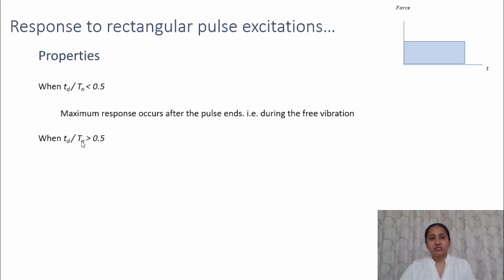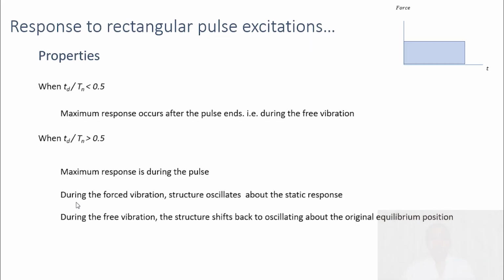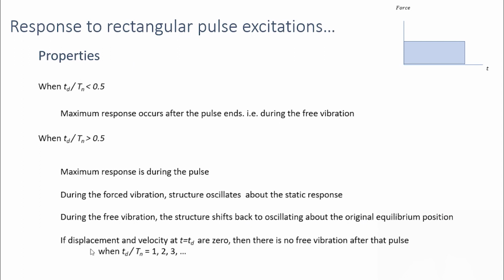And when Td by Tn is greater than 0.5, the maximum response is during the pulse, that is during the forced vibration. So during the forced vibration, the structure is oscillating about the static response, and during the free vibration, the structure shifts back to oscillating about the original equilibrium position. And if the displacement and velocity at t is equal to td, that is when the force ends,